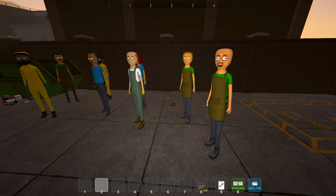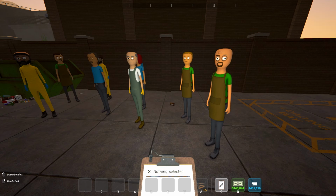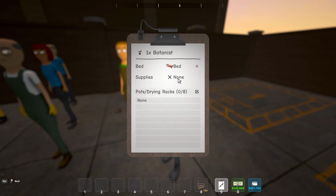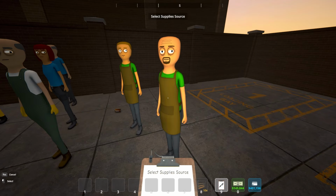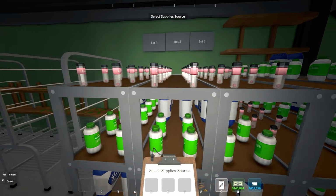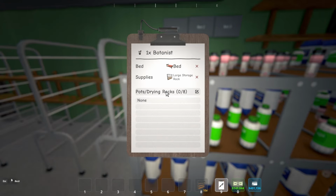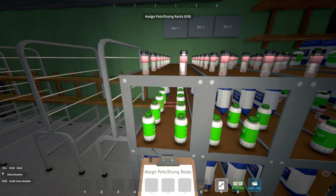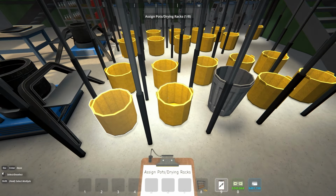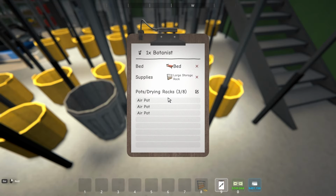So the very first thing we're going to do is set up our botanists because they're the very first part of this whole operation. So we have some botanists here. We're going to go ahead and set up their supply benches first. This first botanist, this will be botanist number 1 right here. And then we can go ahead and set up their racks here. We can have them do as many air pots as they possibly can, which is 8 per